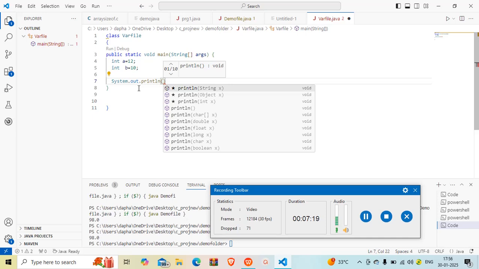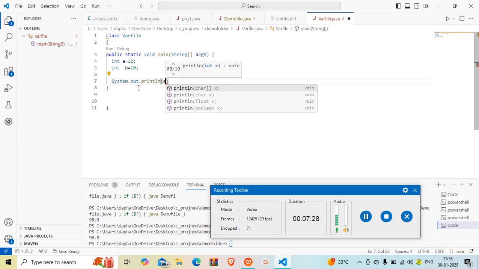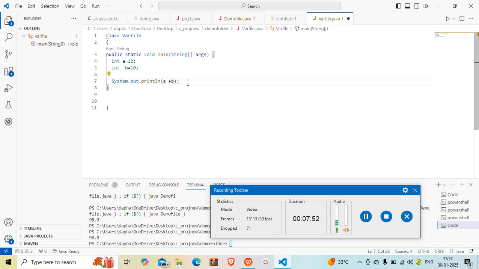So if I want to print value 12, then it is not needed to take value 12. We have to take the variable name, that value's name or data name, and for the next value we have to take the addition sign, plus sign. Next value I want to print is 10. Then what will be its name? B. We cannot take that value directly. The respective variable names have to be taken. So this is the program. We are printing simple two values.